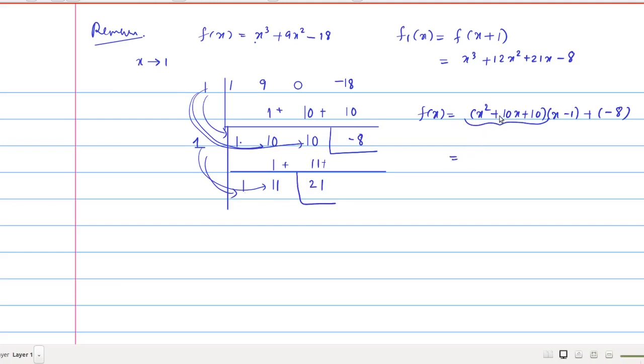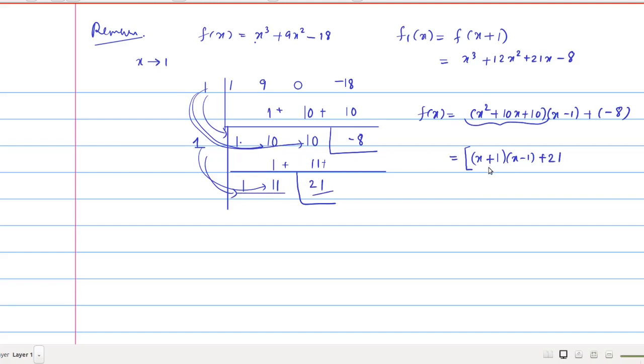That is, we can replace the quotient as x square plus x plus 11. This is second degree, then we start with the first degree polynomial here. x plus 11 into the quotient is x minus 1 again, x minus 1 into, we replace this quantity by this one, into x minus 1 again, plus, first of all we write the remainder also. This is plus 21, because this is the quotient, this is the remainder, as we divide this polynomial by x